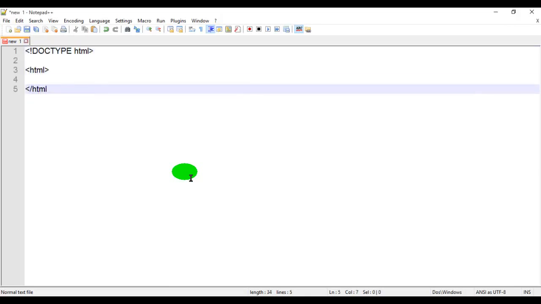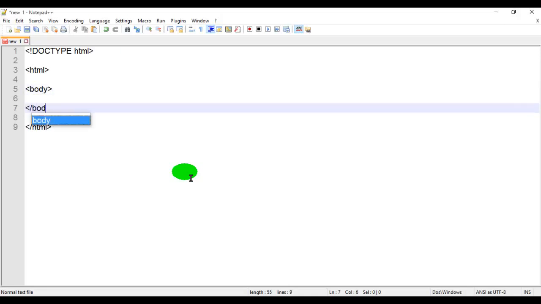syntax starts with the HTML tag start and HTML tag close. Then we should take the body tag so that we can show our content in the body. Here I will take the img tag, as we already learned about this, and then we give it a source, and here we will give any URL, and the next thing we also specify is its alt attribute, which I will explain in the next section.